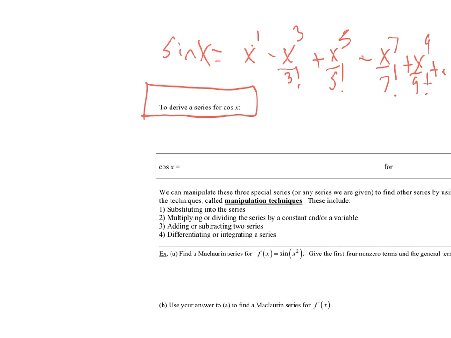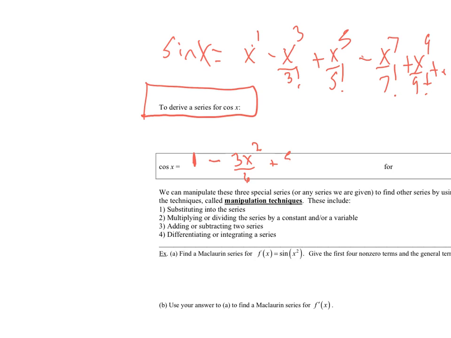If I just take the derivative of every single term, the derivative of x is 1. Then I know when I take the derivative of the next term, it's still going to be negative 3x squared over, that was still 3 factorial, which was 6,